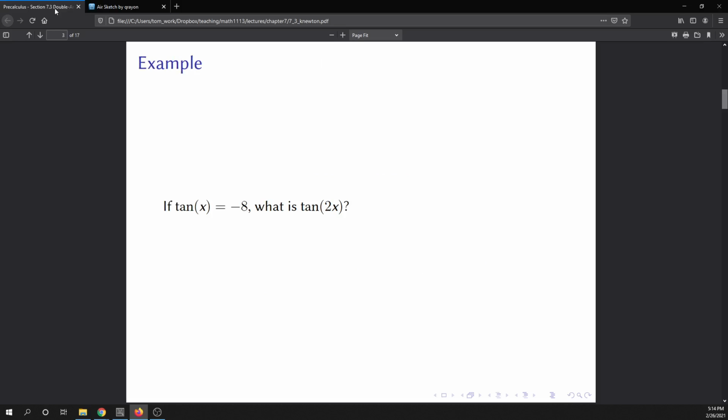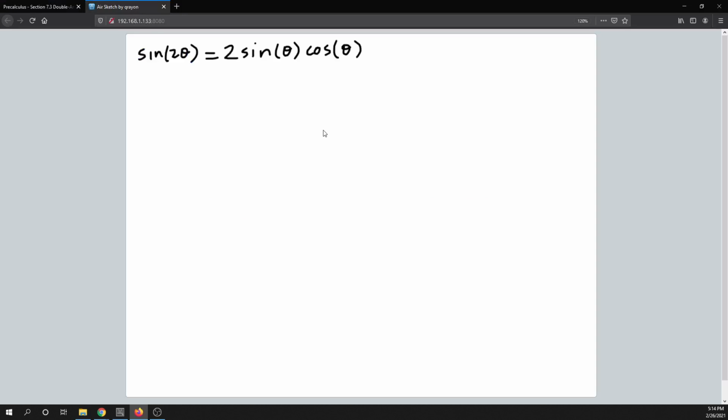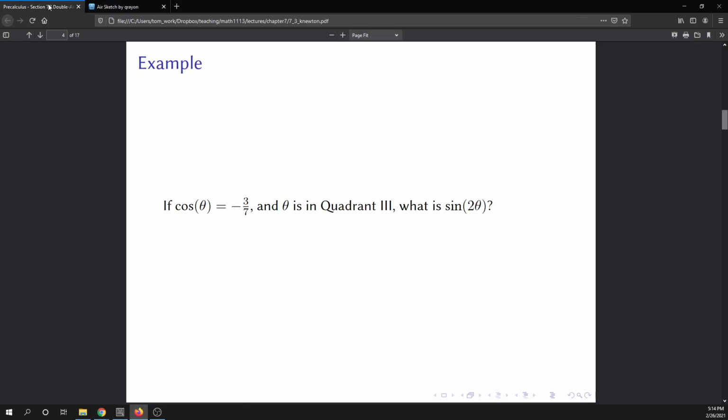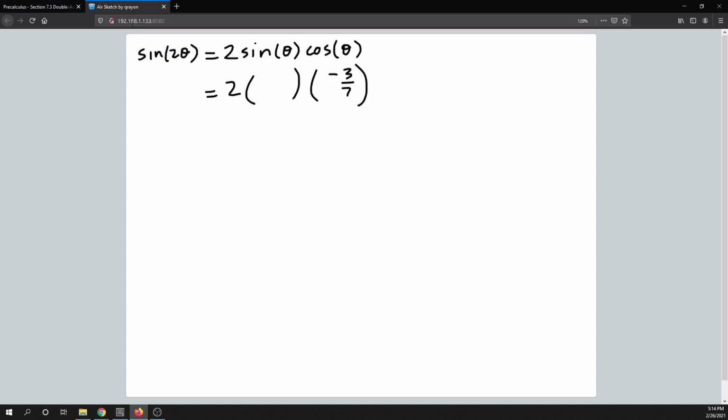So, and they tell us that the cosine of theta is -3/7, right? So cosine would be -3/7. So that goes here. And now really all we need to finish this problem off is the value for sine theta, right? But that is not given to us. They don't tell us anything about that. But we can figure that out, right? Because we know the cosine of theta,